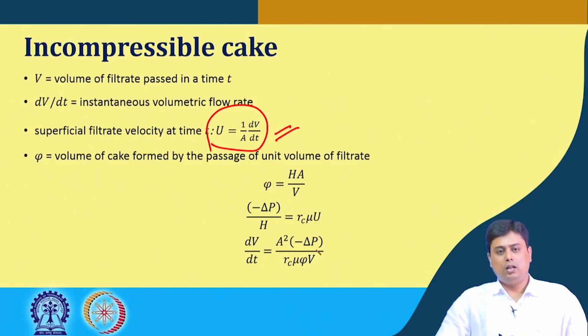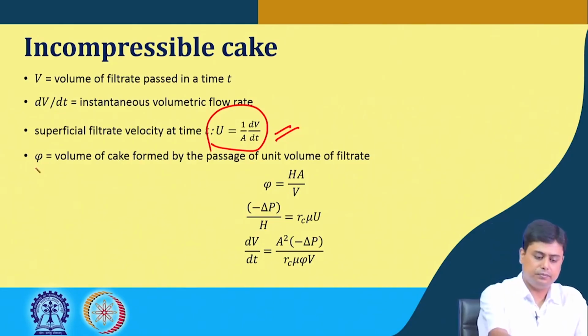you can now think that each unit volume of filtrate flowing or passing through the filter bed is depositing a certain amount of solids on the filter media, which means it contributes to a certain volume of cake, from each unit of suspension that is flowing through the cake. So now, if we denote the volume of cake formed by the passage of this unit volume of filtrate as phi,